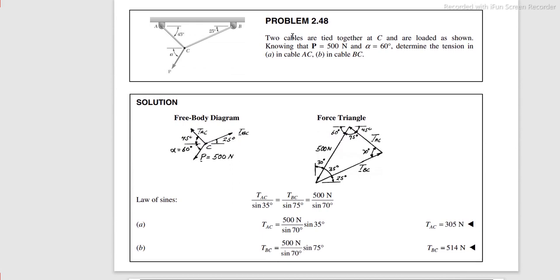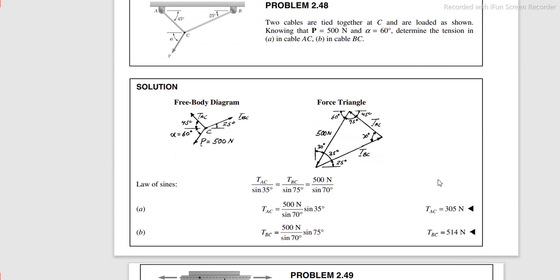Problem 2.48. Two cables are tied together at C and loaded as shown. Knowing that P equals 500 Newton and alpha equals 60 degrees. And the solution is,